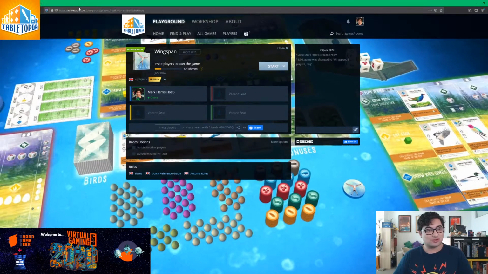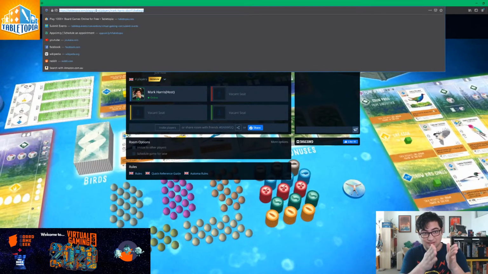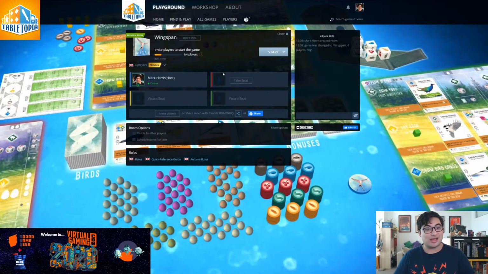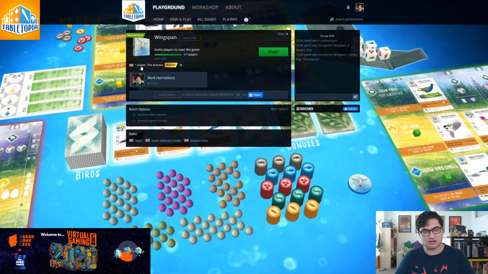If I were to simply take the link of this room and share that to a friend, they would then be able to hop in, and they would see this room and they'd be logged in with their Tabletopia account, or they'd be prompted to create a guest account. They could then take a seat, and when they take a seat, they'll be joining the game and there'll be another player who's participating. I'll just switch to 1 player for now, so it doesn't look too confusing having a